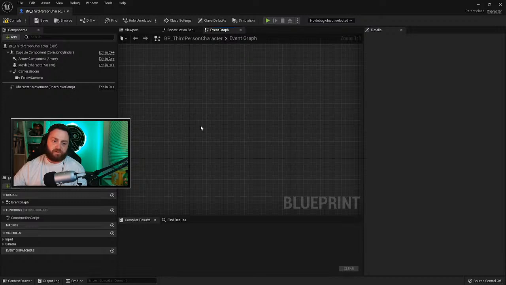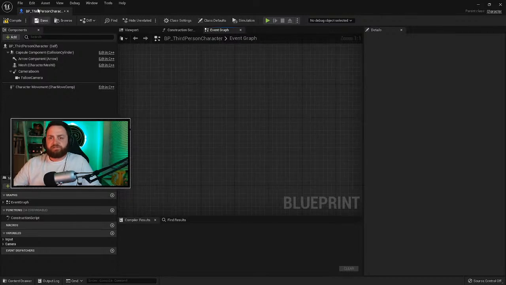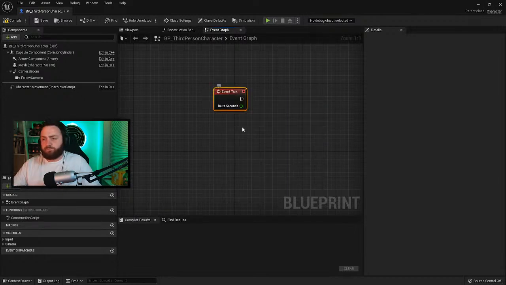Rixie, what's the best way to go about using the BP third person rather than the first person as far as interaction like you did in your UE5 inventory? So it's very much the same. The difference being is how the line trace works. So here I'm on the third person character. So if on my tick event I were to do a line trace,